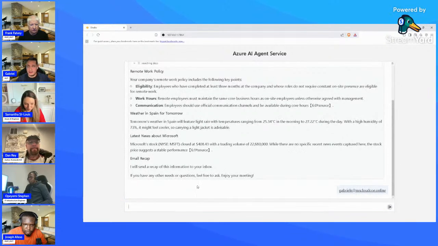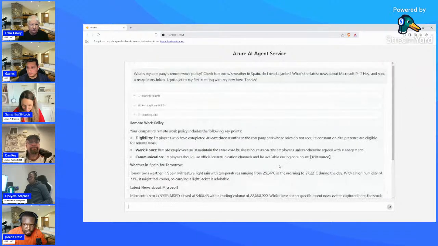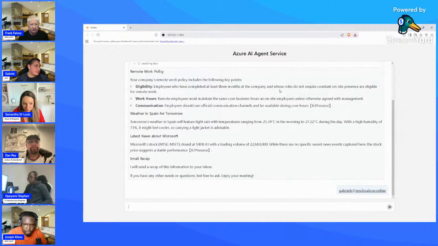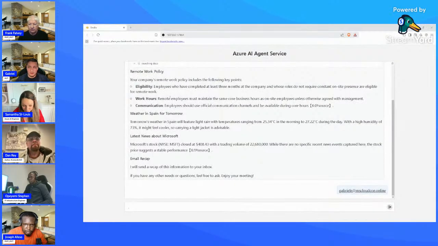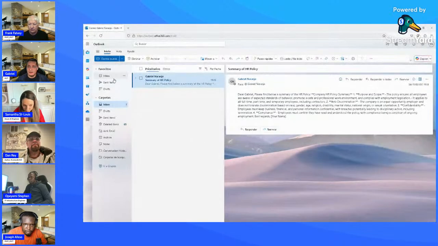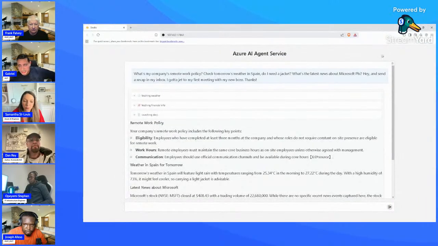The instruction, I need to change the instruction because it's pre-configured. So the most important thing here is, let me show you. Here we go. One second. No, I have only this one. I need to change the logic, but basically here I show you how it's possible in a couple of